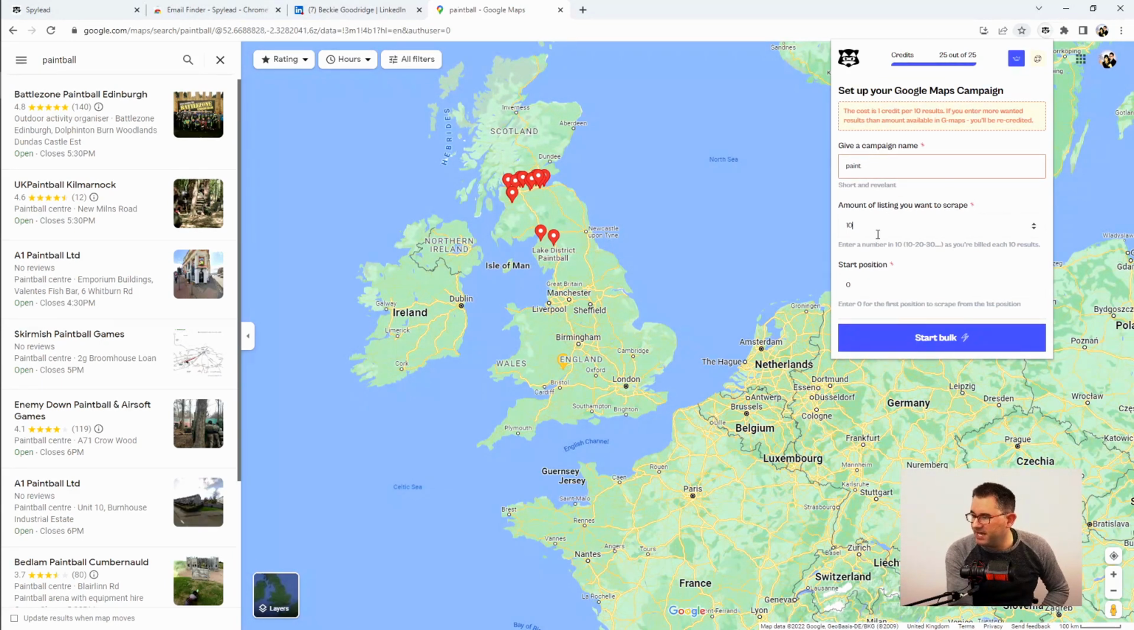The amount of listings, let's go with the top 5. We might as well. We don't need to go with 10 necessarily because we don't use up our thing. Let's start at position 0, this is the first position. So basically what is going to happen is you can see here it says Battle Zone Paintball, UK Paintball Kilmarnock, A1 Paintball, Skirmish Paintball, and Enemy Down Paintball. So what will happen is, as I've only put in 5 and I'm starting bulk, it will basically get me